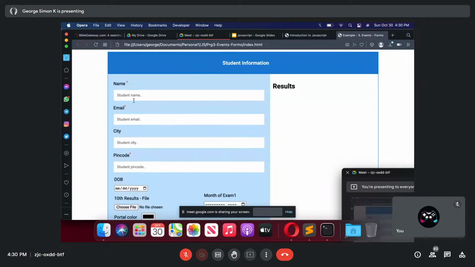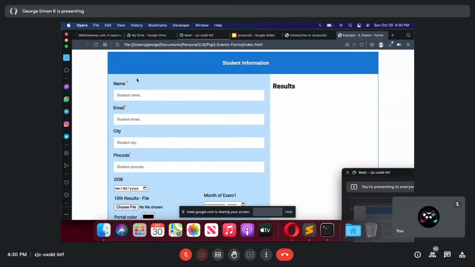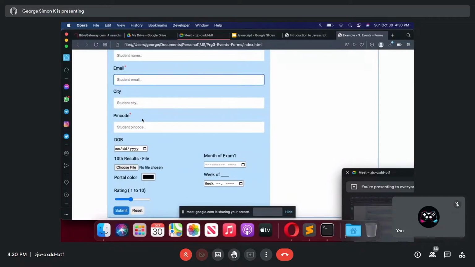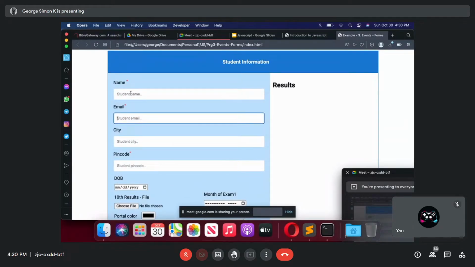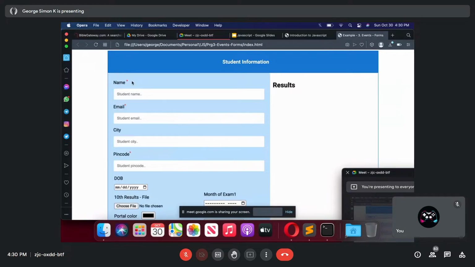A very simple form. In a form, we have multiple input types. I'm not using everything here, but I'm using input type text. Then, besides text itself, we have another variety called password, where whatever you're writing will be masked. And there is something called telephone, type tel. That means if you take the web page on a mobile screen, you'll get the numerical pad. That's called tel.